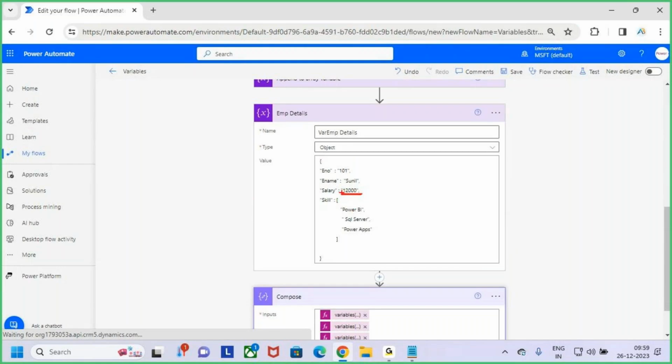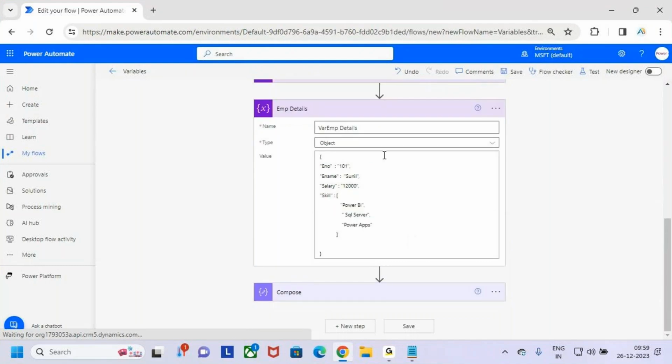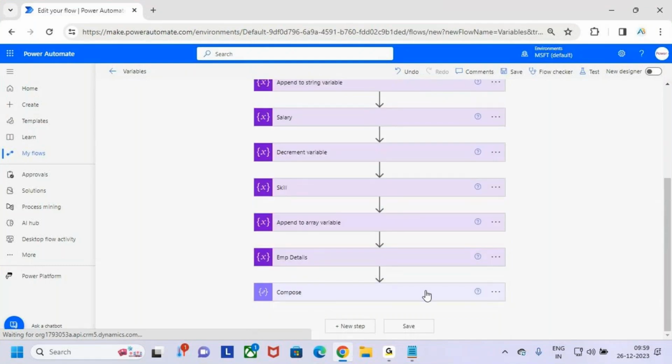Now I want to update this value, this salary. I want to perform the increment. With a separate variable, we can directly use an increment variable or decrement variable. But here it is an object, and in that object there is an item. I want to update that item, so I need to increment it. If I want to increment,